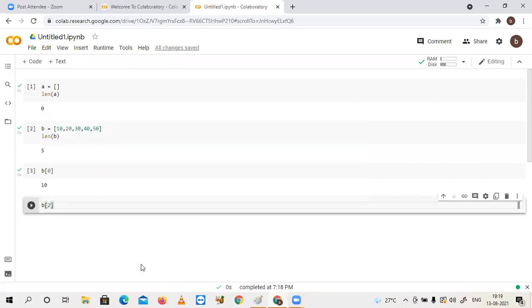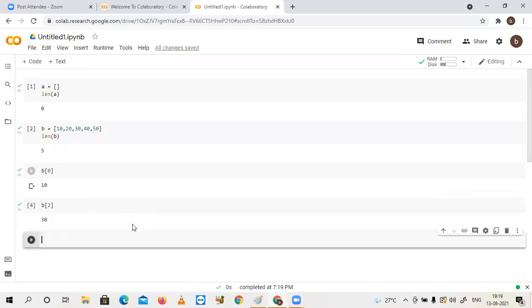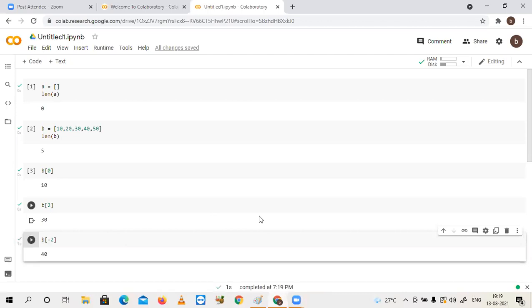If you want the nth element, you say n minus 1. So B of 2 gives 30. Similarly, for the last one, B of -1. Last second one, B of -2. I get 40 here.